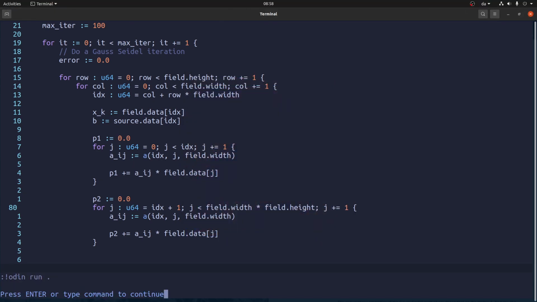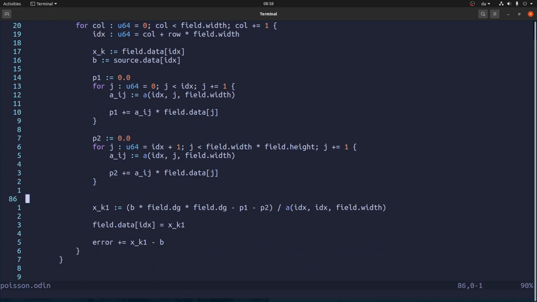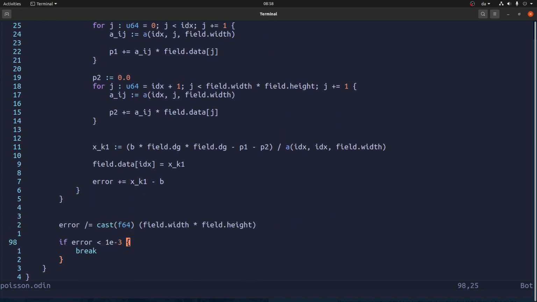Okay, so now we have that running. Compiling. Now we should try to